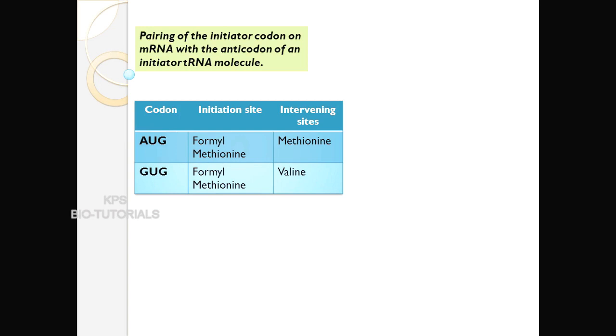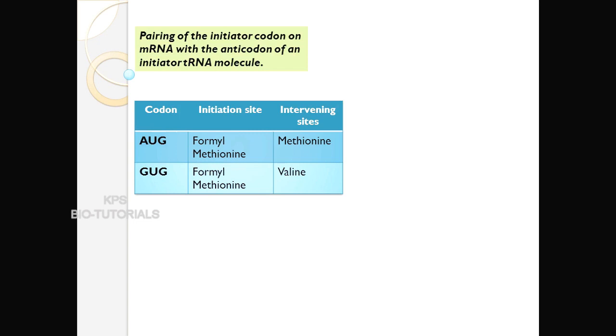So the anticodon in the tRNA will make complementary base pairing with the codon in the mRNA. If this anticodon-codon interaction is stable, that means the base pairing is exact and the codon is read correctly with the anticodon,